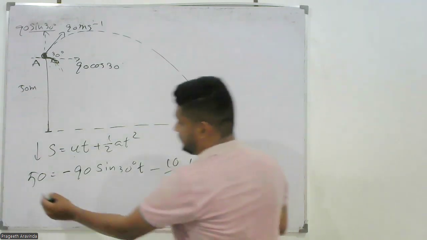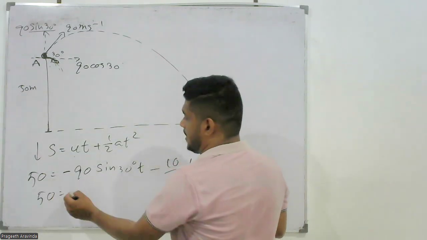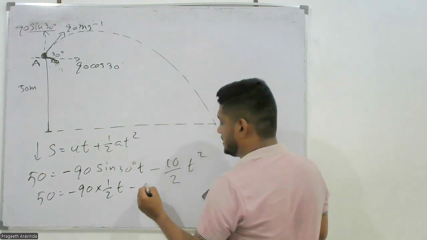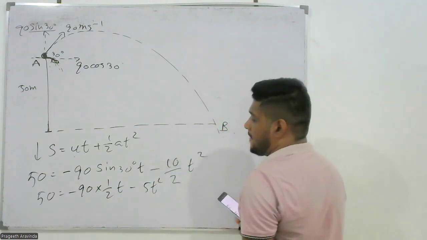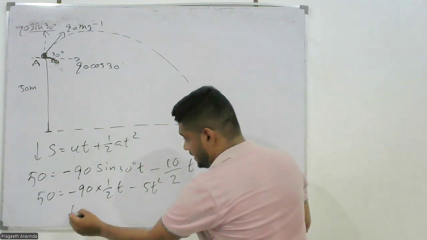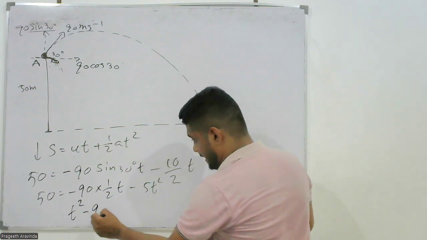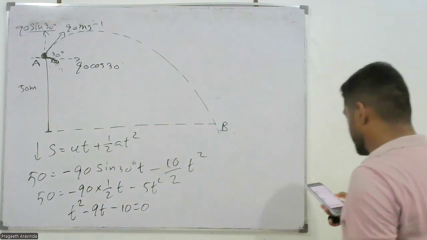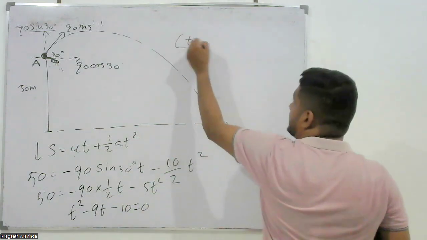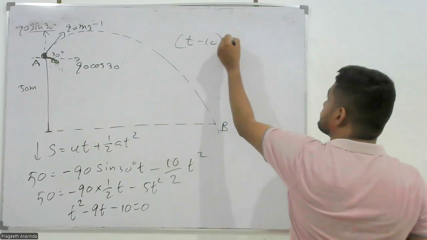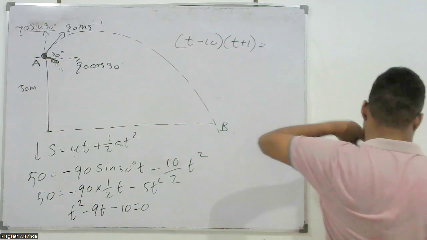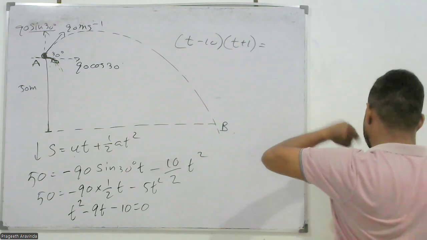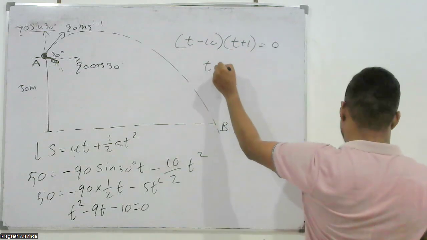Quadratic, so 50 equals half 90 half t minus 5t square. t squared minus 9t minus 10 equals 0. Factorize, t minus 10, t plus 1 equals 0. t equals